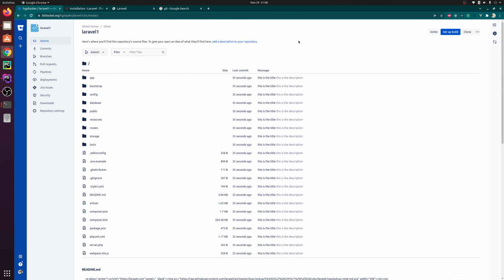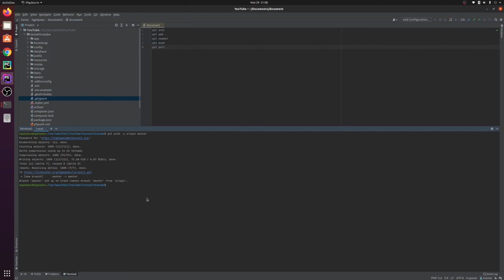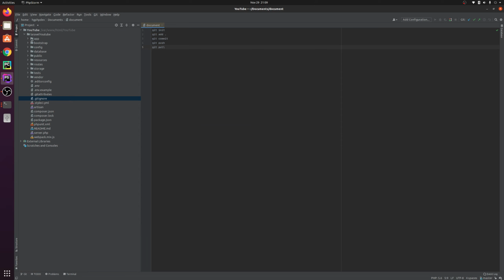So you see this is the title and this is a message. The title is a different color, the message is in a different color. So you can add a title, and you can also write a detailed description here. Now once we push our code to Bitbucket, and if you want to make some changes, for example